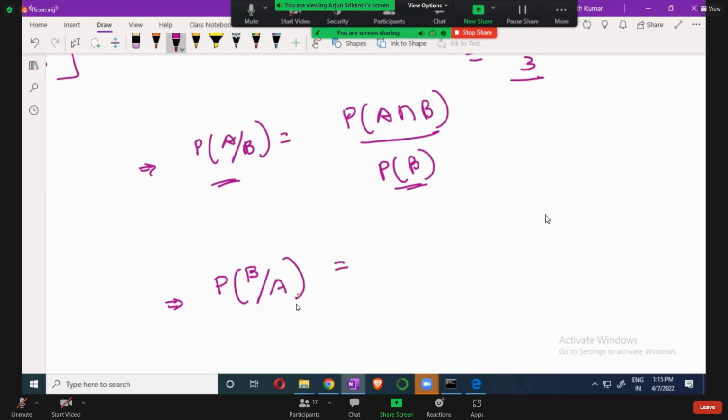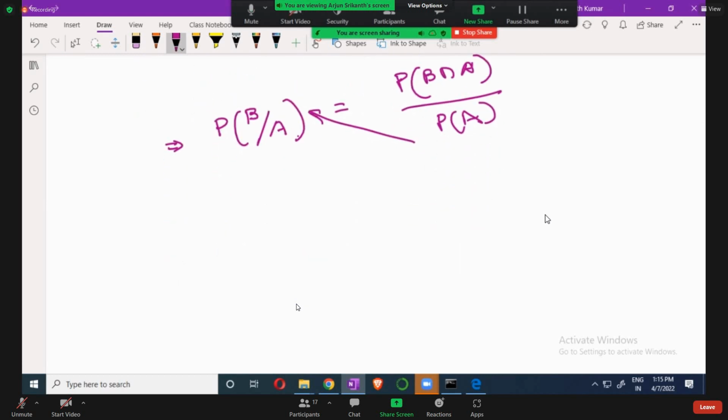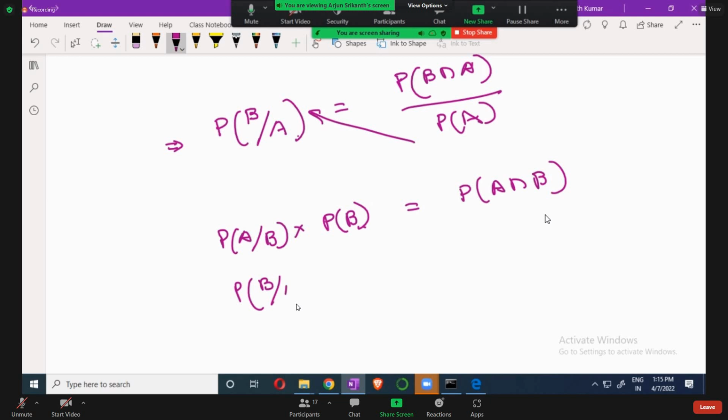Then what will the formula be? Now if you take this one over here, what will come down? The probability of A by B into the probability of B is equal to the probability of A intersection B. Now this one will become the probability of B by A into the probability of A is equal to